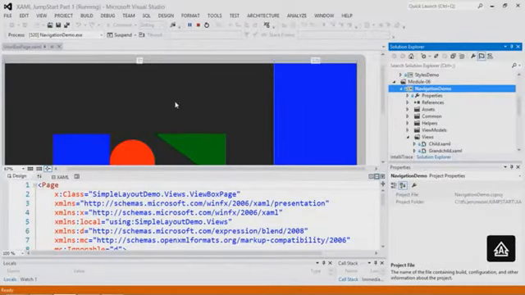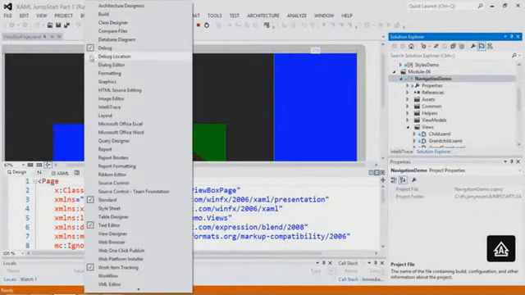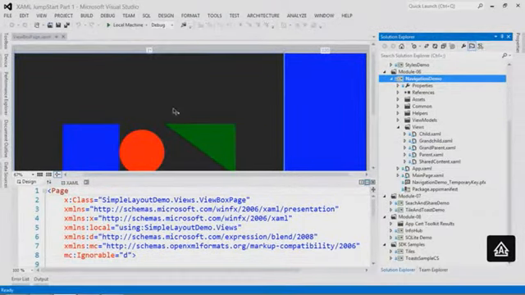So here I am. Somebody asked earlier, how did I get this command bar right here? This is where the suspend is. Remember, I right-click on the command bars here, and I select debug location. Without it, it's not there. Now I add debug location. Now it is there. And I can drop down here, say suspend and shut down. The application's not running anymore. Now if I run it again,